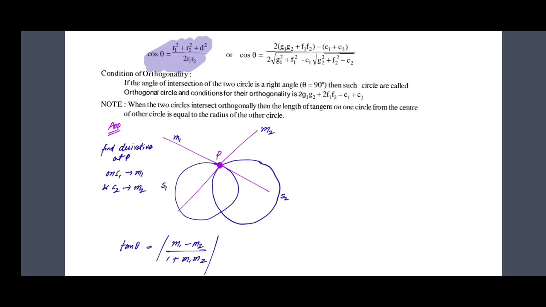Or the other method is to use the cosine formula, that is r1 square plus r2 square, sorry guys this should be minus d square, ये वाला जो है ये ठीक रेक्टिफाई कर लो, ये जो चीज आएगी ये बनेगी माइनस, ठीक है, माइनस d square upon 2 r1 r2। What is d, d is nothing but again distance between their centers, that is c1 c2 is called d here, ठीक है। सो c1 c2 जो डिस्टेंस है उसको हम d कहते हैं, तो ये फॉर्मूला याद होना चाहिए, r1 स्क्वायर प्लस r2 स्क्वायर माइनस d स्क्वायर अपॉन 2 r1 r2।